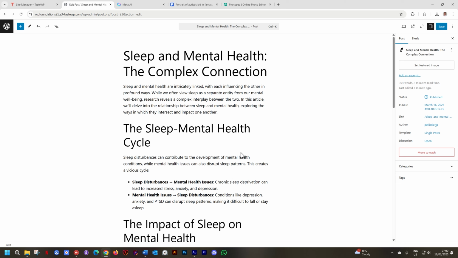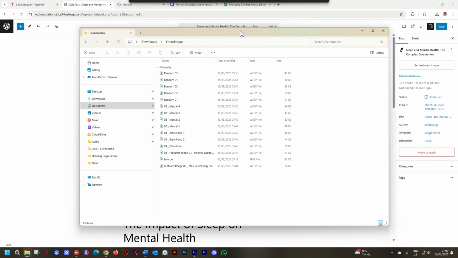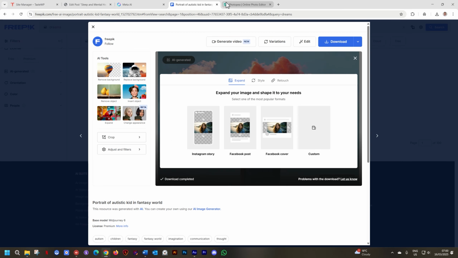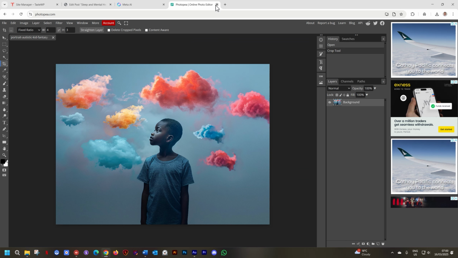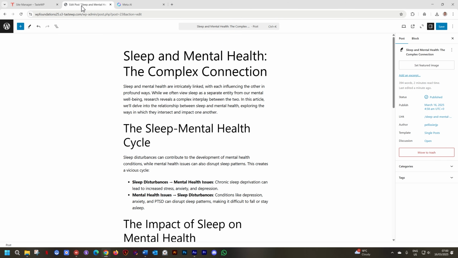Every time you create a new post, you have to go through a few checks. You bring in your content, and then you have to bring in images, and you have to bring in a featured image, and you have to create an excerpt. I've created these images beforehand. So in this case, I'm not going to do all of that again and show you step by step. So FreePic, I'm closing you out. Photopea, I'm closing you out. Remember those links, they are super, super useful.